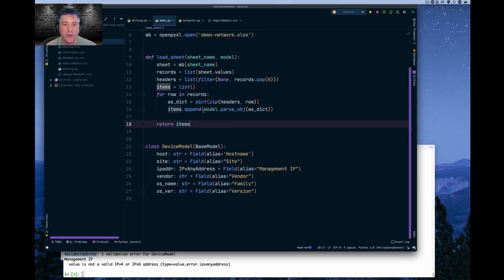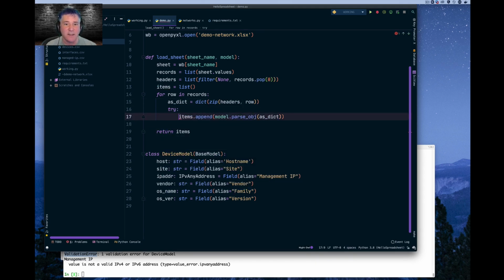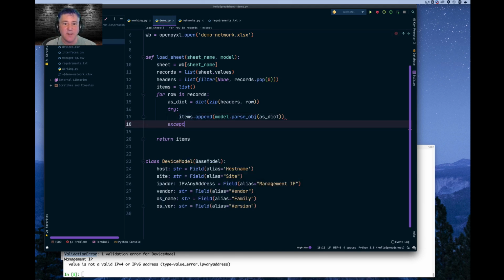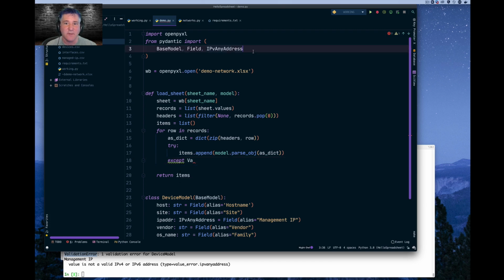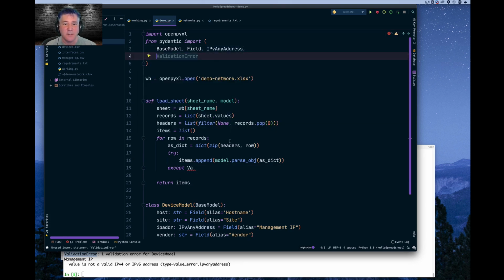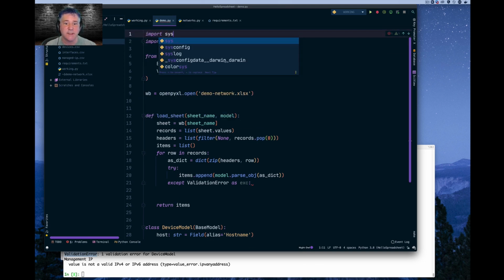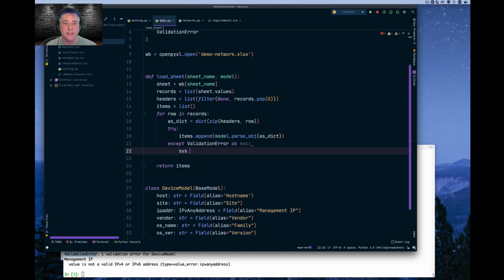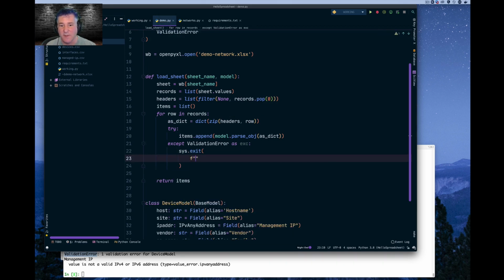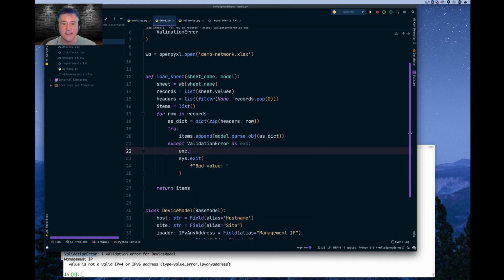Okay, so now I want to catch that exception. I want to say try, and I'm going to say except ValidationError, which comes from here, as exception. And let's just print it out and exit the program. So let's import sys, and let's do sys.exit with a bad value message. And this exception has errors in it, so I can say errors,